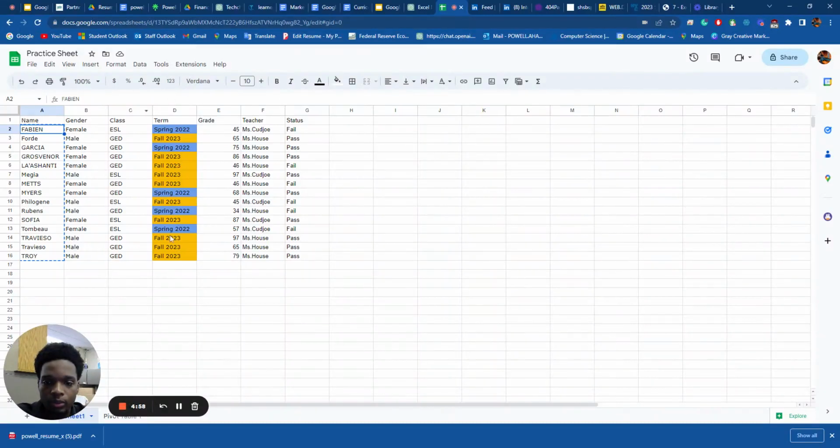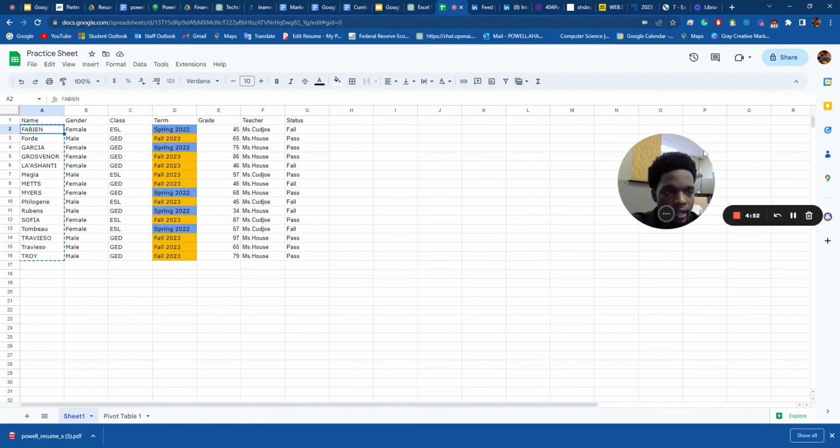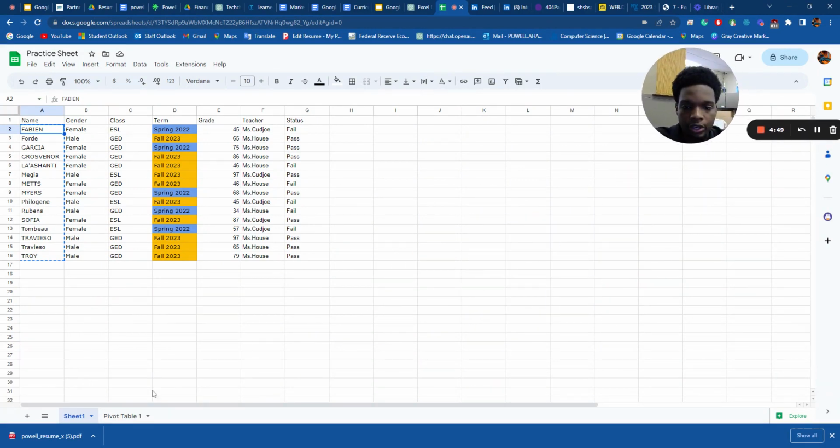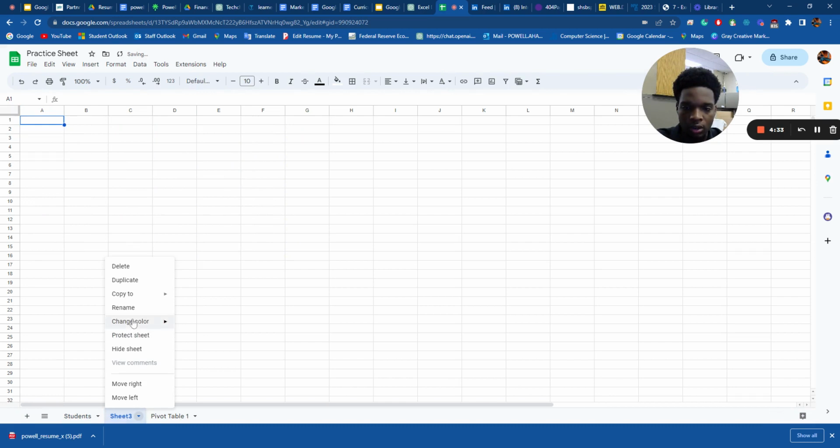Hello guys, so we're going to be going through how to set up an Excel function and the best use cases in which you're going to use it. So first thing we're going to do is go over here to rename this. We're going to rename it to students, because we're holding student information. Then we're going to add a sheet. Then we're going to call this